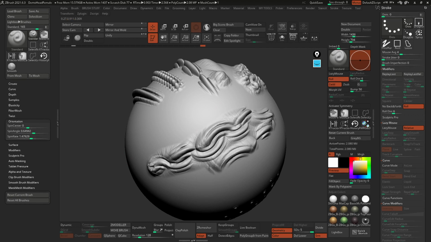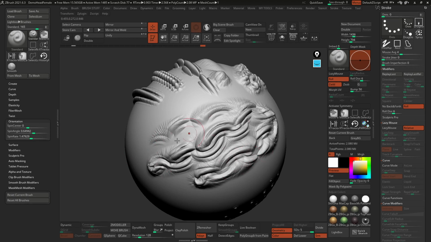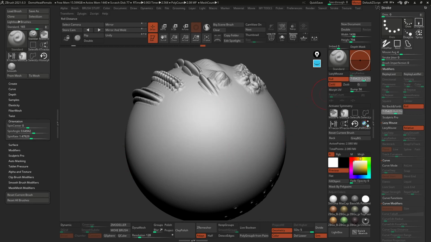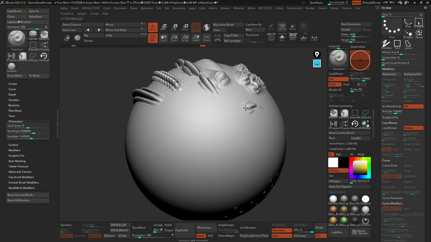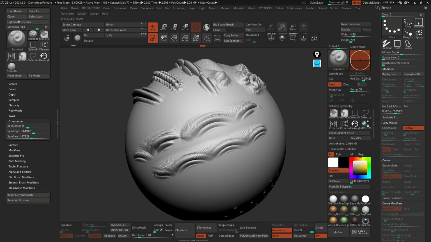And I think this one is pretty cool. It still doesn't look like a scar or anything, but it's giving you something a bit more random, more organic, which is what we're looking for. I'm going to increase the roll distance a little bit more. So that's looking good. And if you want to, you can also turn off the roll. If you turn the roll off, you still have the roll distance, but ZBrush is not going to roll that alpha. So you get a little bit more overlapping. Have a look at the difference here. This is with the roll, this is without the roll. It's very subtle. You can see it in certain areas.